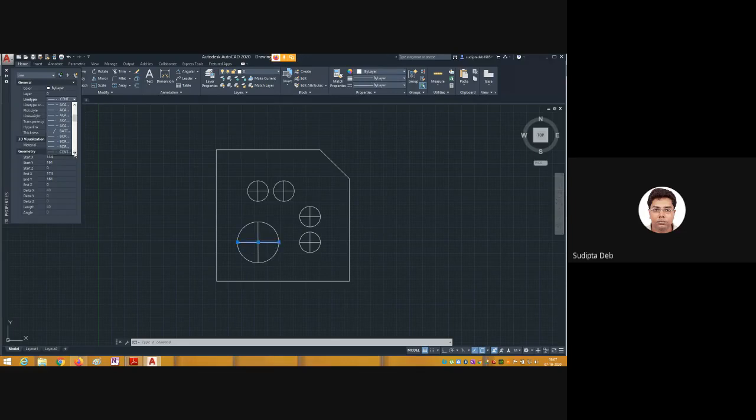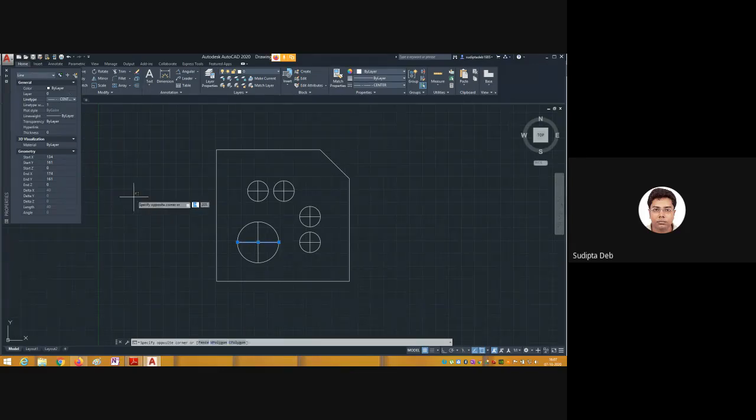Now you will see 2 or 3 types of center lines are there. Okay, so select any one. I'm selecting this one, but it is not highlighting here. How to highlight it? We need to change the line type scale. Right now it is selected, that's why it is showing this one.